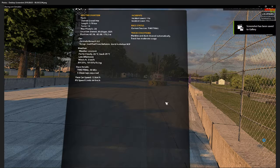Now, seriously, these are the track conditions. 26 degrees of air, 29 for the track, late afternoon, just a little bit of wind. And it was the official time trial. So this is 2018 season 3, in case you're racing this later in the year, or maybe in some years, you know that